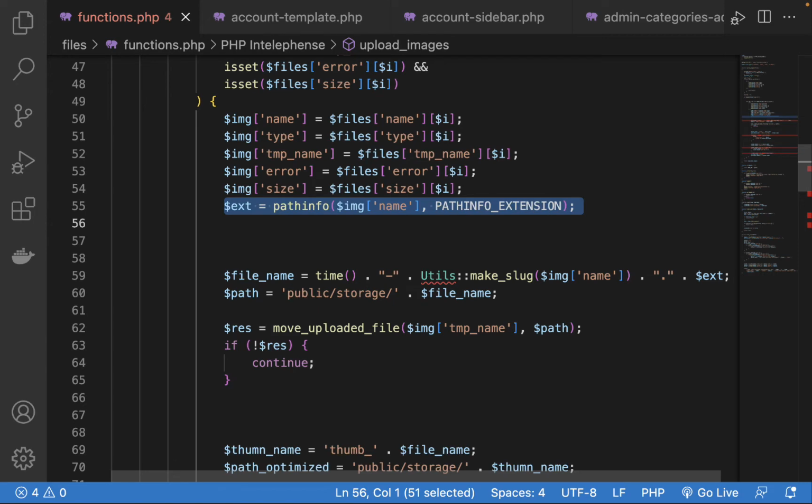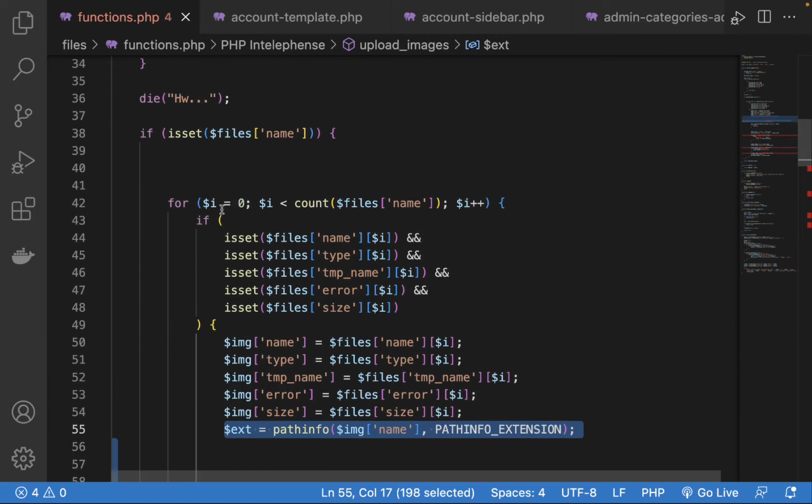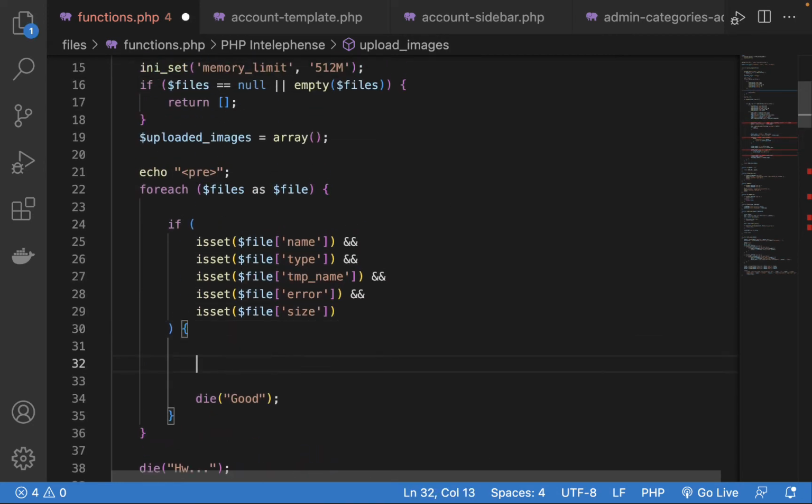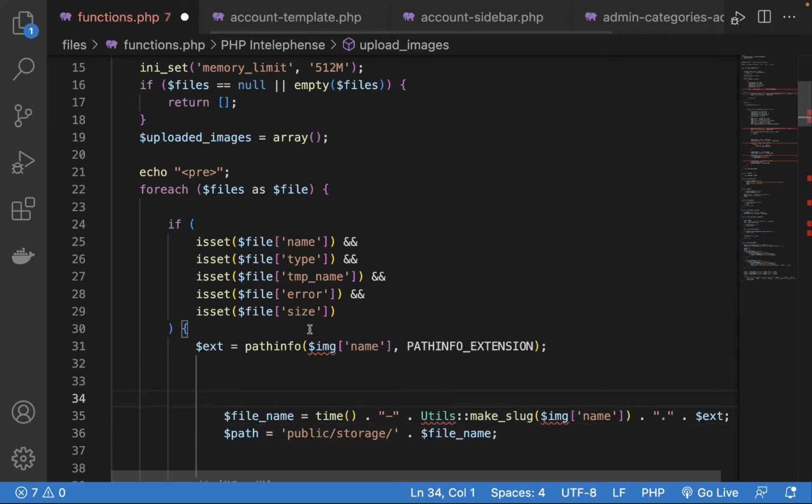Okay, so we're going to create a file name and a file path. They are the most important part. So we are here, we are at this point, right? We are at this point. Don't be confused by other things. Okay, we are at this point. So the next thing we are going to create now